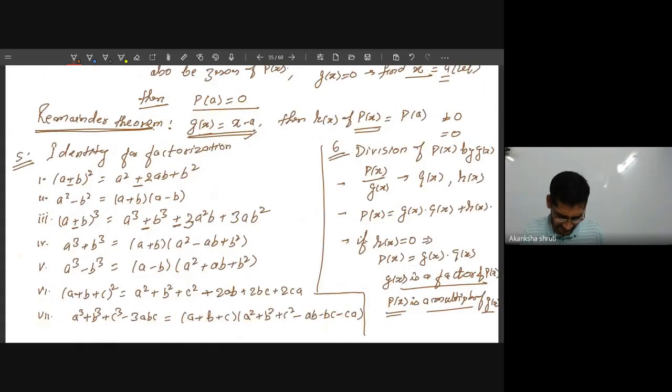Another were the 7 important identities. By applying these identities, you can factorize, or if it is given in factor form, you can expand it. The last one was division of polynomials. So in this division,